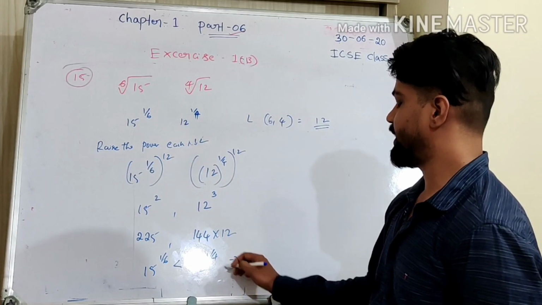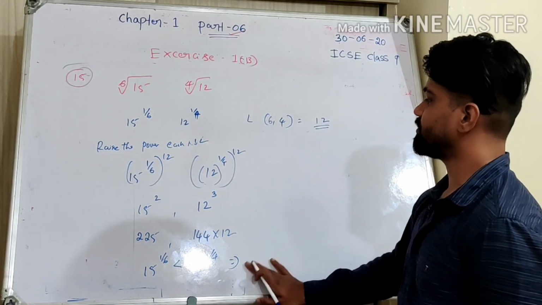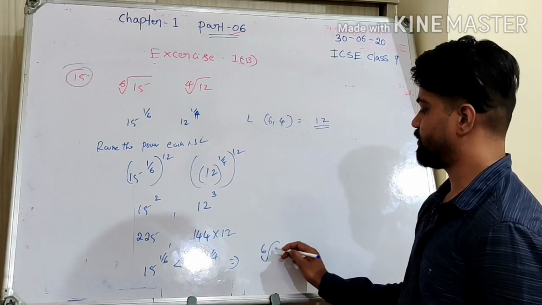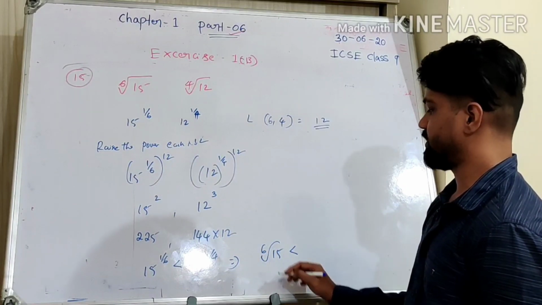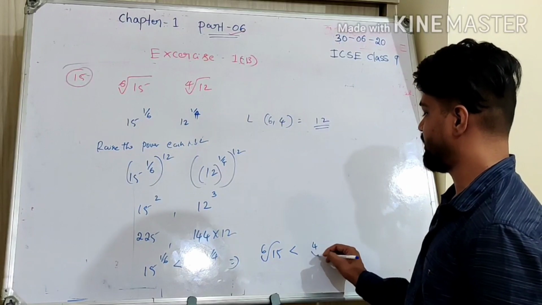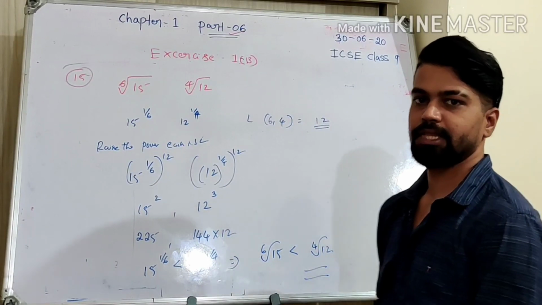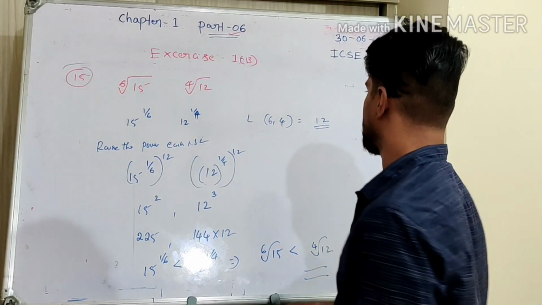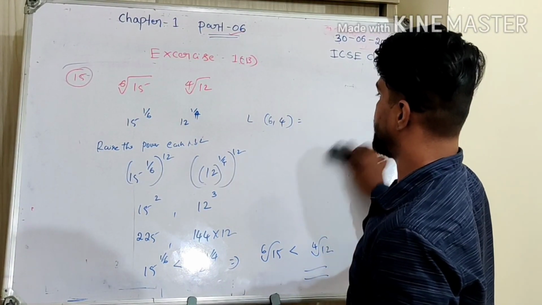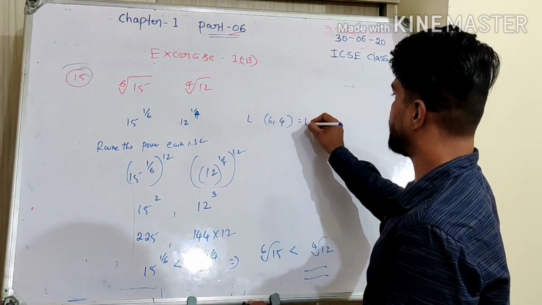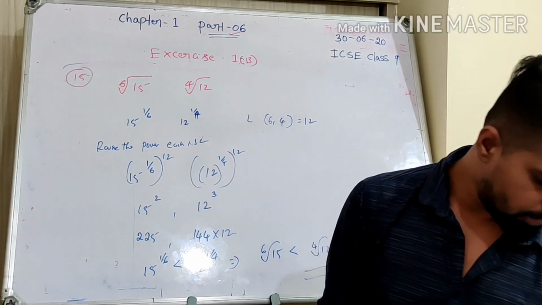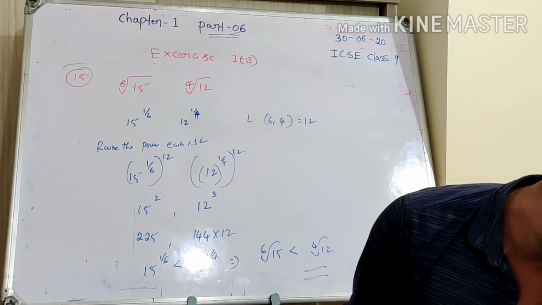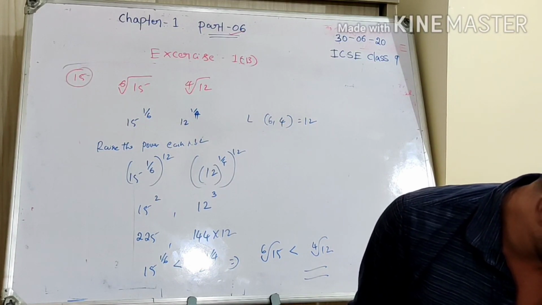So which will end up with a very simple answer. 6th root of 15 is less than 4th root of 12. This is the method we are going to use. Okay. So LCM is very important. So one more example I'll do, as it's already done in example also, which I did not explain. So you can check the example for more details in the next example, one more example in the question.